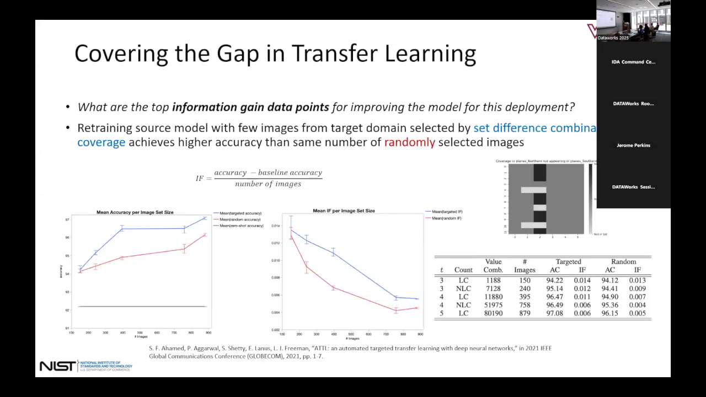We can also think about reducing that gap in transfer learning. So I've got a model, I've got it trained one place. I try to see if I can deploy it to some new domain, and I have some reduction in performance. And so now I need to try to improve it so that I can send it out for that new deployment. So we want to know what are the top information gain data points that can be used to improve